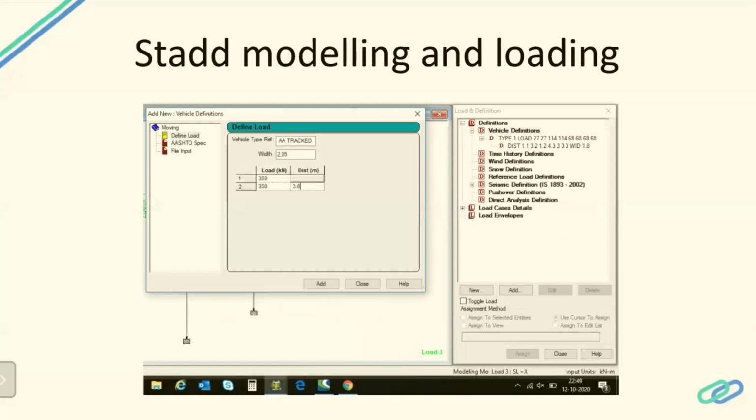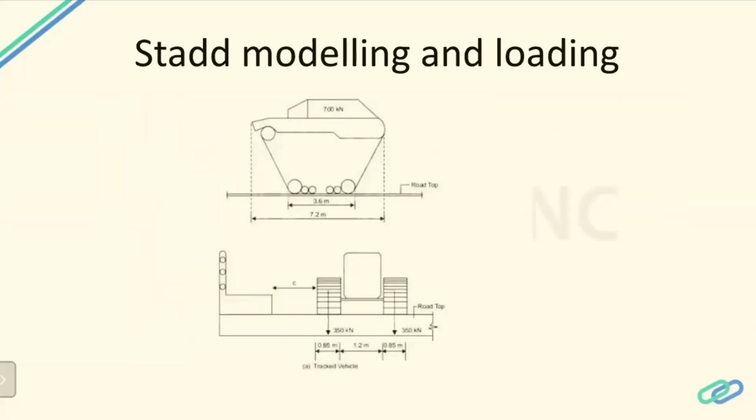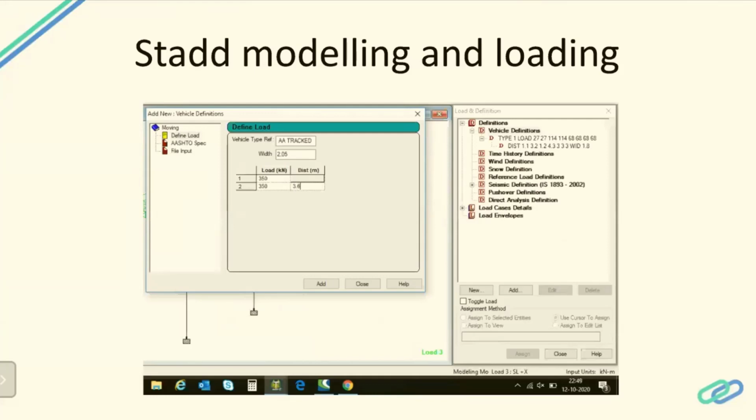So we have to go to vehicle definition and you have to click create new definition. You have to note down the width of the vehicle, that is 2.05. How the 2.05 is arrived, you can see here. In the second image, you can see the width dimension, that is 1.2 meter between the end to end of the vehicle, and in the axle 0.85 divided by 2, 0.85 divided by 2. Okay, that is what I have entered as 2.05. Once this is applied, the vehicle load will be on the structure and the live load is applied, and you can run the STAAD model.